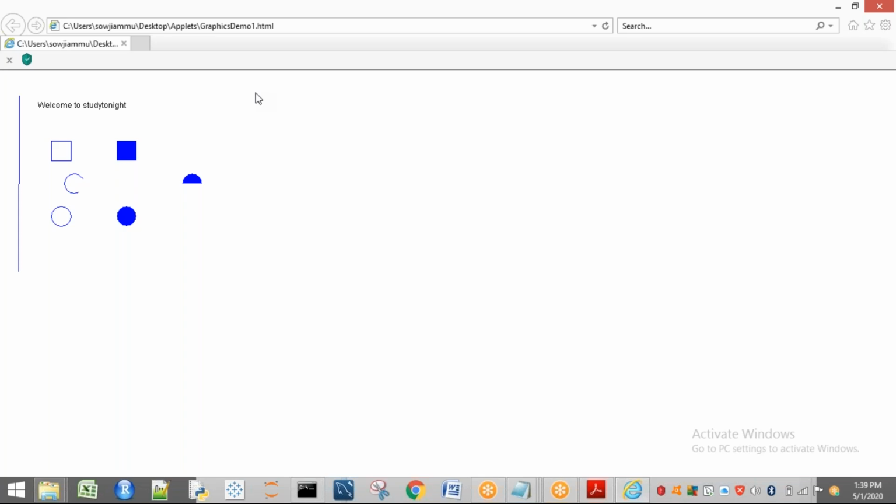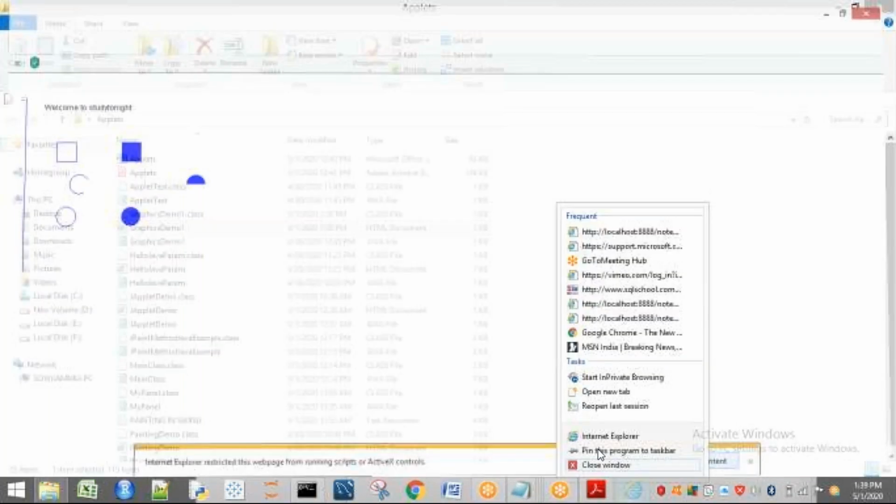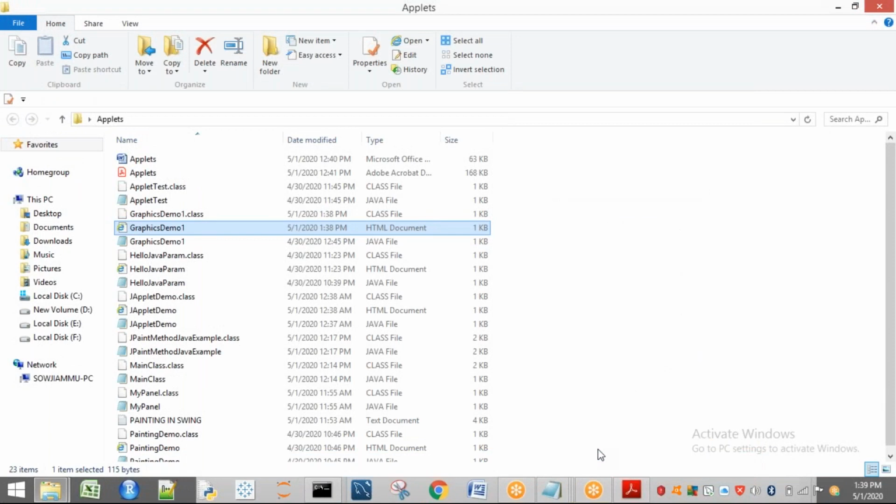In the previous session also we discussed these two cases. I had not shown this type of output when we opened our Internet Explorer, so I have shown you this concept once again. In the previous session, we saw the differences between applications and applets, a brief introduction to applets, and how to execute applets in two different ways.